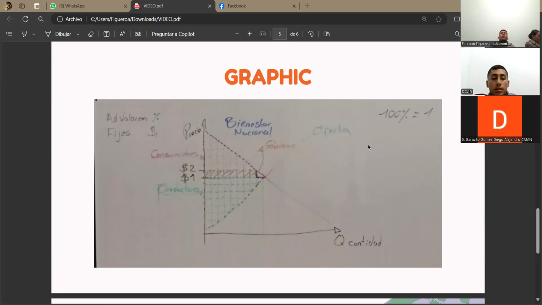Okay, the tariff increase, along with the export subsidy and the voluntary export restriction, affects the producer surplus, while the consumer surplus is reduced. Government revenue increases with the tariff, is lost with the export subsidy, and remains unchanged in the quota and the voluntary export restriction. Finally, national well-being: the effect of the tariff and import quotas is ambiguous, while the export subsidy decreases it, together with the voluntary export restriction.